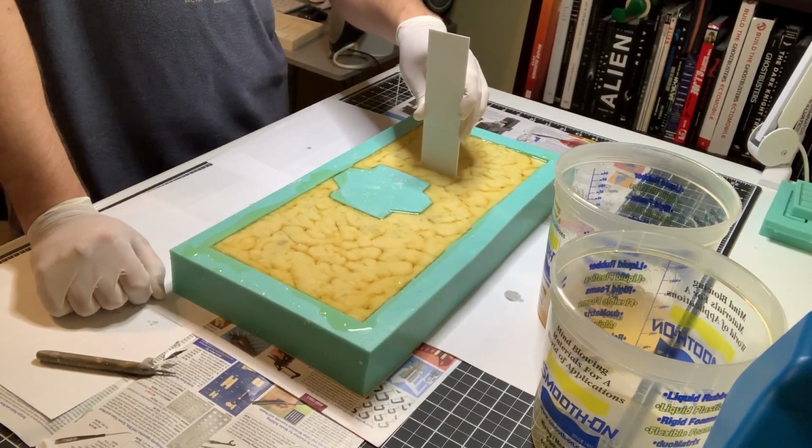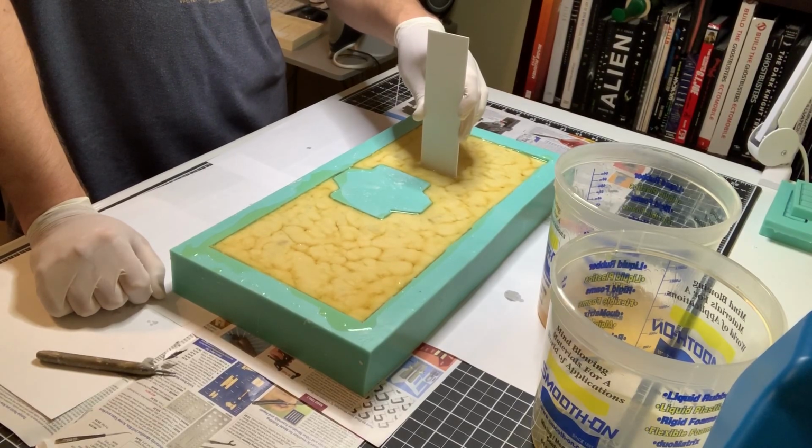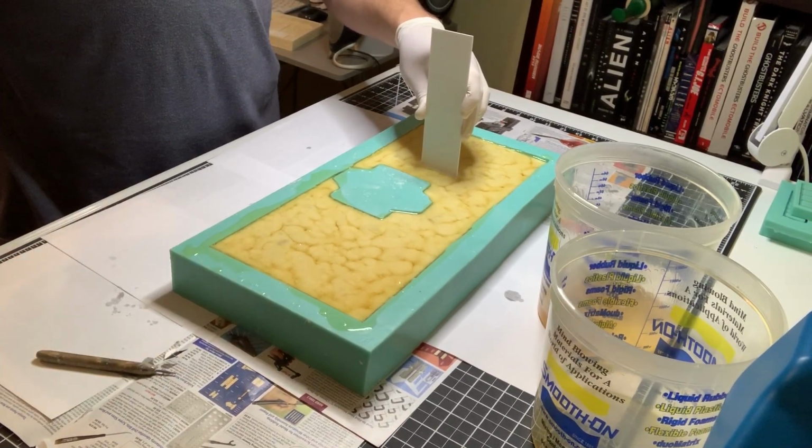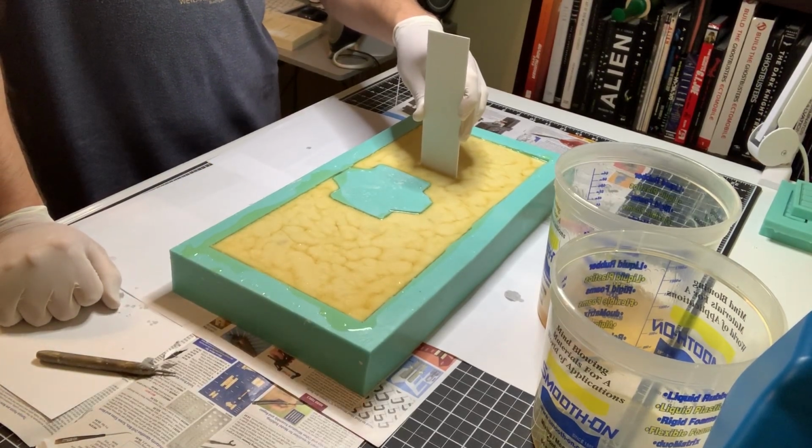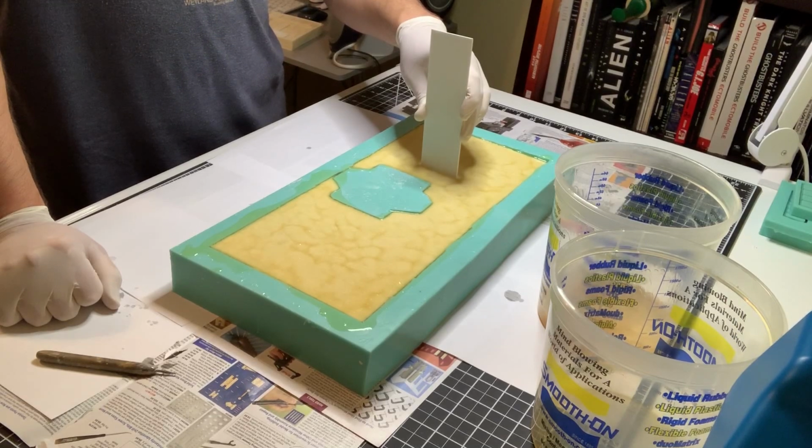Even though it's starting to cure solid, it's still liquid underneath. The surface, it's like it cures on the surface and then it goes downward. It feels like it anyway. Looks pretty level, honestly. Maybe I just moved it a little bit to the right or left from the last one I made a cast with, and I checked my surface on this table for it to be level, and it showed it was level. So